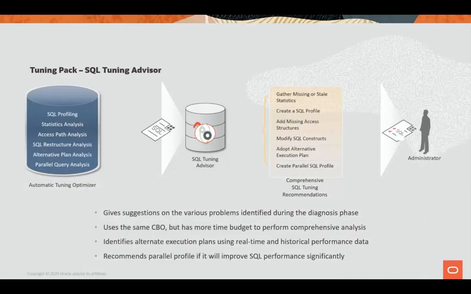Let's move now forward to the SQL Tuning Advisor. The SQL Tuning Advisor is going to give you suggestions on the problems that were identified during the diagnosis phase. That means that you have to instruct SQL Tuning Advisor to start diagnosing SQL statements. You can ask SQL Tuning Advisor to diagnose and analyze one SQL statement or multiple SQL statements by providing a SQL tuning set, right? It's going to use in the background the same CBO, the cost-based optimizer, but has more time to budget